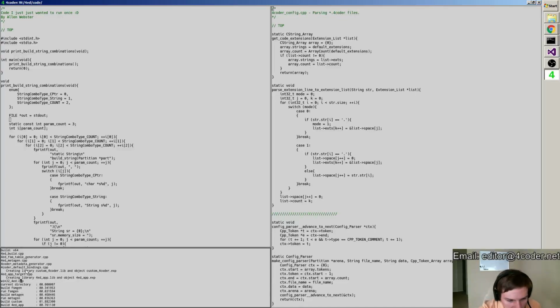Well, they don't compile together. These are different DLLs, but those are things I actually have to build. And this is 1, 2, 3, 4 meta passes, like build and parse and run, build and run, build and run. And that's why the compile time for 4coder is as low as it is.